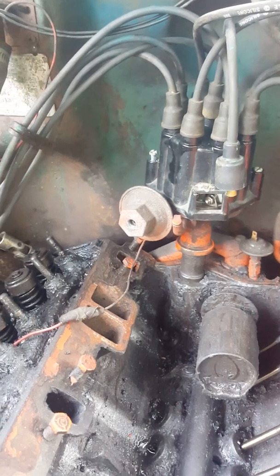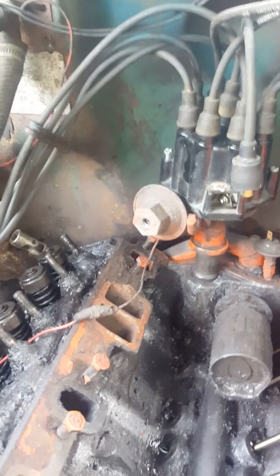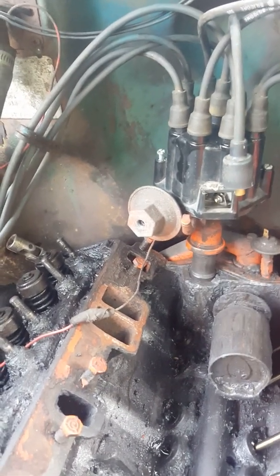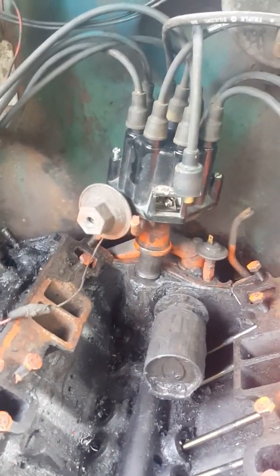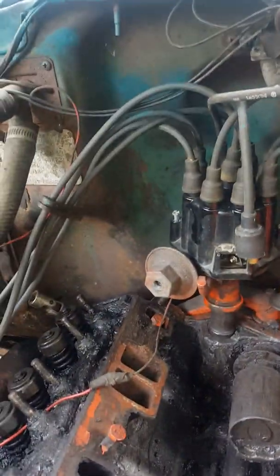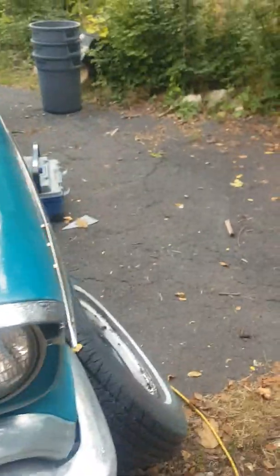There's another way of dropping that distributor in, but it would be all the way up against the firewall. And it wouldn't be pointing at the number 1 spark plug. It would be pointing at number 1, but it would be more or less towards the passenger side, first spark plug towards the radiator, which would not help. That would mean that I would be back where I was when I started. Number 1 would be in the number 8 receptacle of the distributor cap, which is not what I want. Where it is right now is where it's supposed to be. Everything lines up to where it needs to be in order for this thing to fire once I put it back together. So, with that being said,